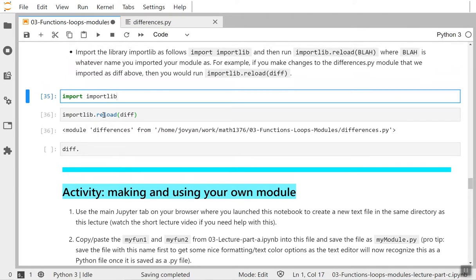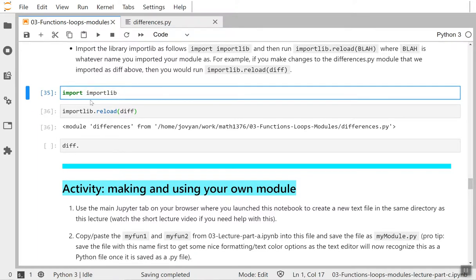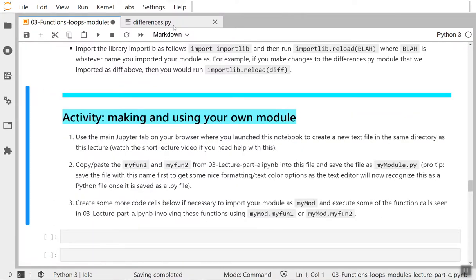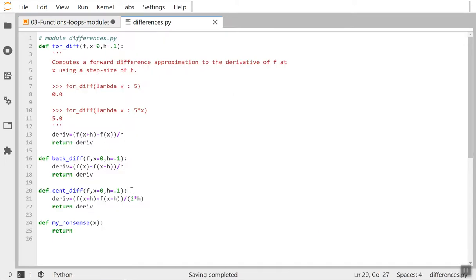It's a good idea while you're doing that to use this importlib function. And then after you've got the module the way you want it, you don't have to do this anymore. And when you run through the notebook all the way through, everything should work. So that's just something to be aware of. I'm going to go ahead and delete these cells now, and I'm going to remove my nonsense